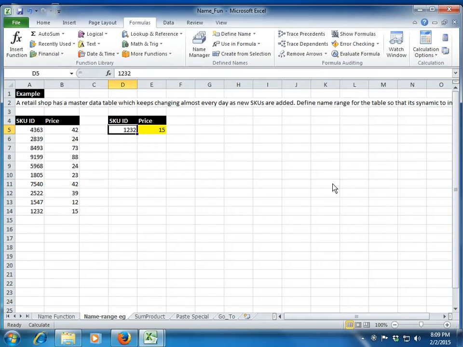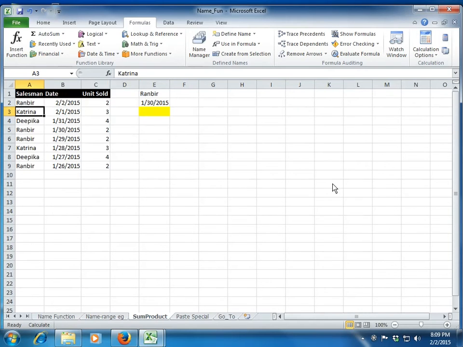So what we are simply doing is, rather than defining the name of the cell by giving a range, I am using a formula to define the name to select the cell reference. Okay, so this is what we have in the named range. Let me include one more example, which is basically an example of SUMPRODUCT, but I will also tell you how to do it using the name function.